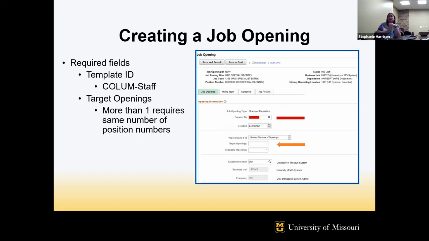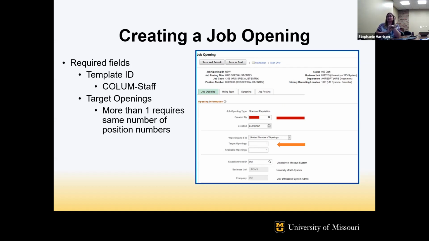So once you've entered your position number and everything, then the next screen that you're going to get to, you want to make sure that the template ID is for Columbia staff. If by chance the page that you get to doesn't look familiar, there's a good chance that it's pulled in the wrong template ID. Our other campuses within the system have their own templates.